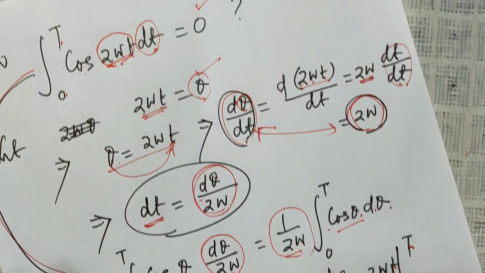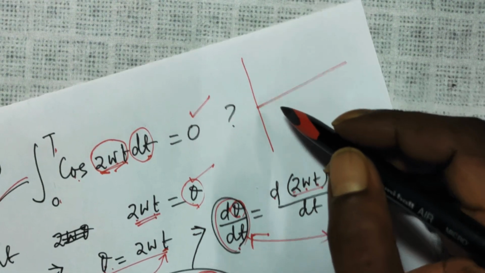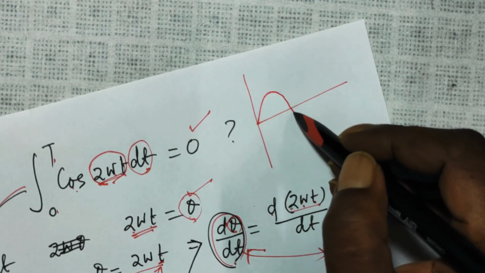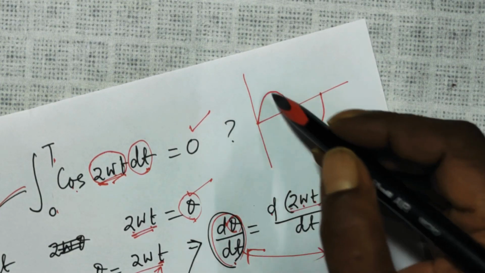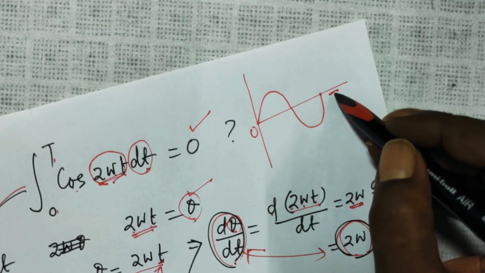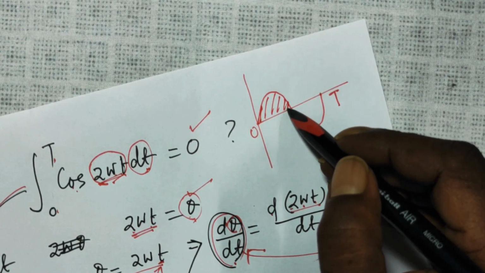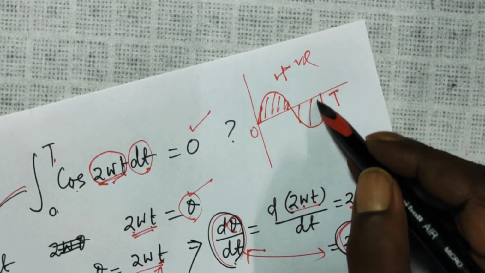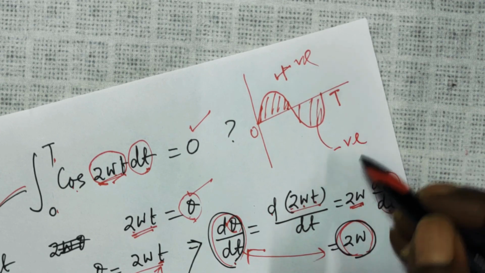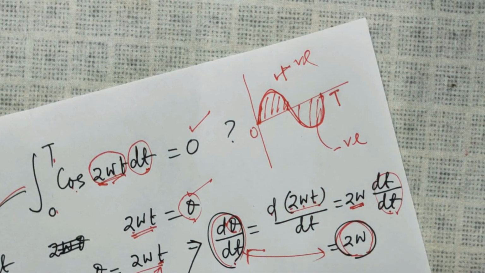Actually, if you look at the sine graph without doing anything, the sine graph is like this. For different values of theta, if you put the value of sine theta, you get a graph like this. This is the complete cycle. Look, this much part is in the upside, in the positive side, and the same area is on the negative side. So for a complete cycle, the integration of sine theta will be 0.